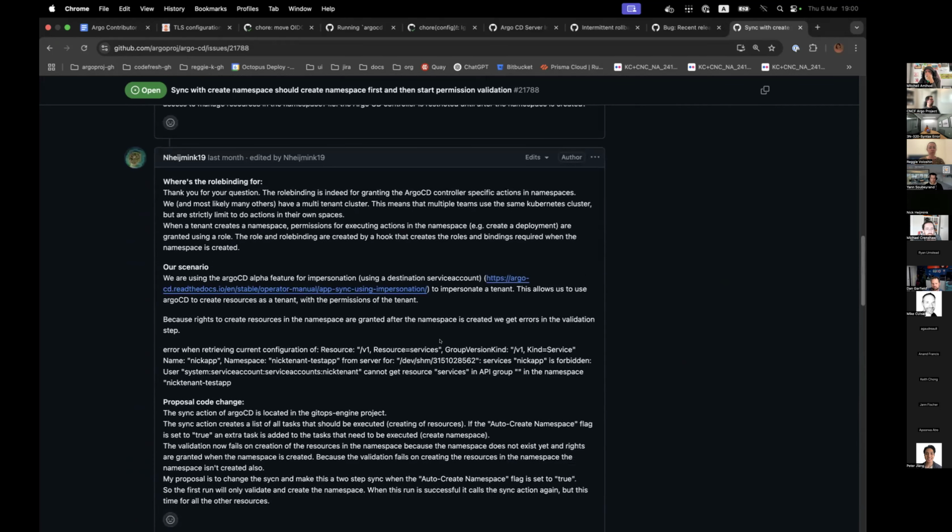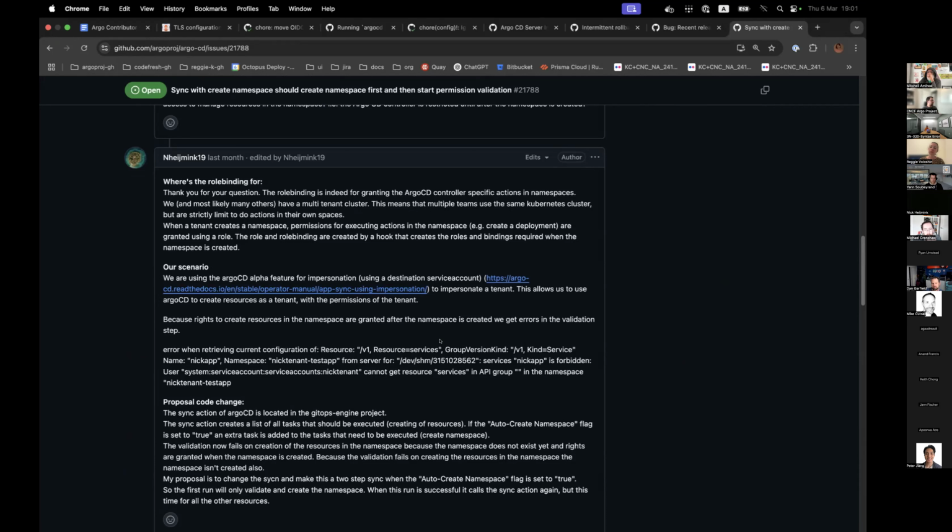Are there really any new flags, if we can avoid them? I haven't seen a solution to this problem that I love yet, but I'm curious, what if you put the namespace on an initial sync wave? Does it avoid the initial dry run failure when you do that? No, we get the same issue. That's odd to me.